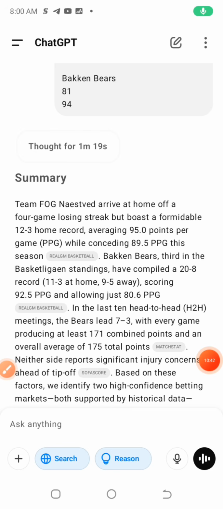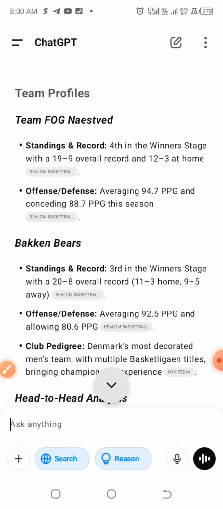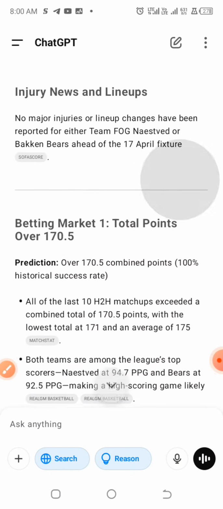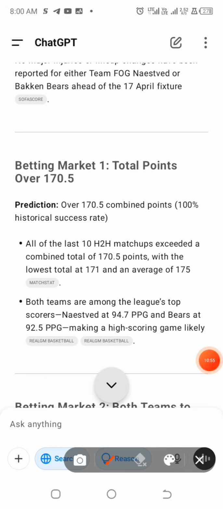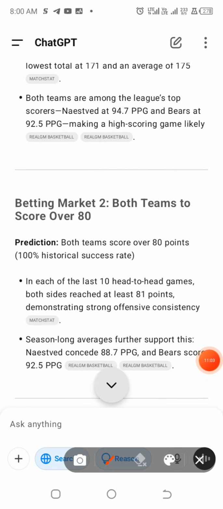All right, so now ChatGPT has generated the results from what we input. Okay, the first prediction says that the match should end up as over 170.5, and the second betting market says that both teams to score over 80.